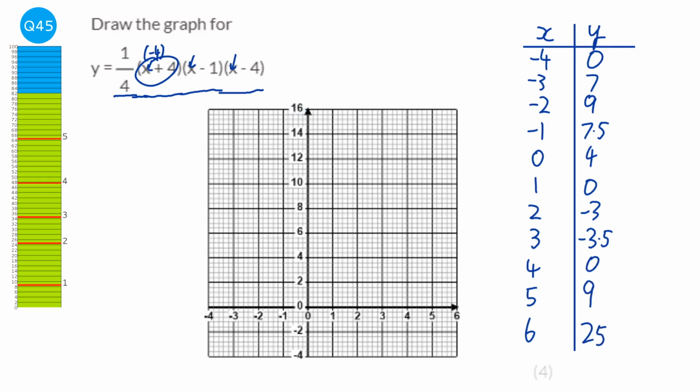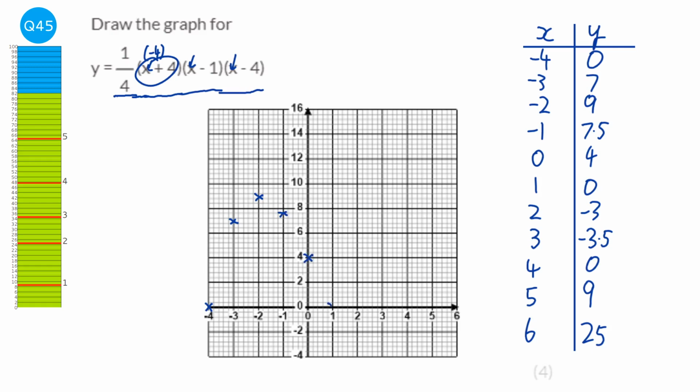So the next thing is I'm going to plot them. So minus 4 is at 0, so that will be here. Minus 3 is at 7, so that's going to be halfway here. Then we're at 9, which will be halfway here. 7.5 is a bit more interesting because it's halfway between 7 and 8, so it would be about here. Then 4,